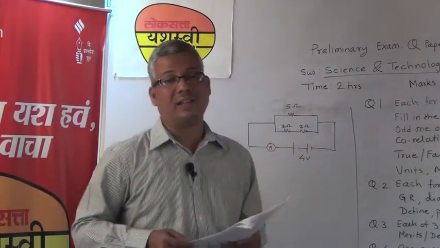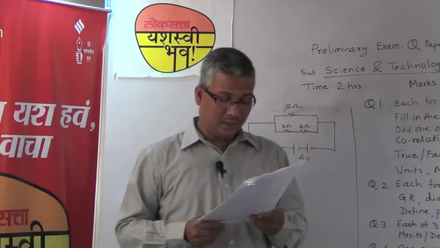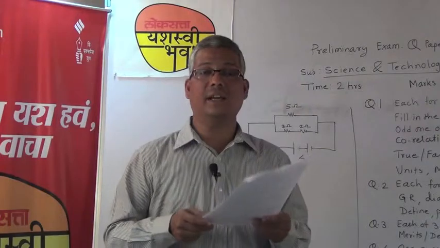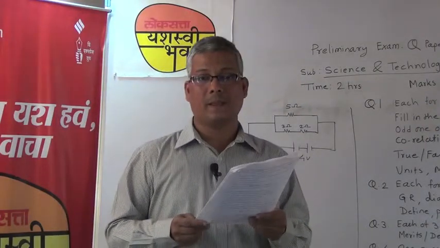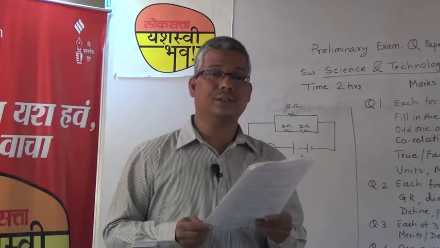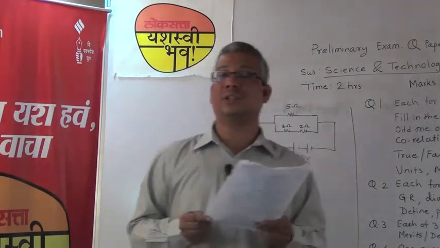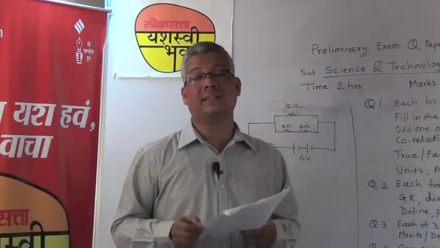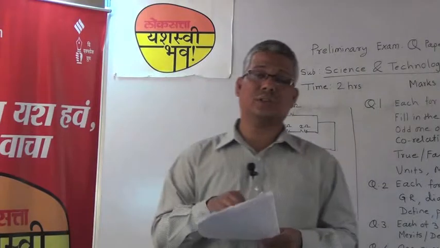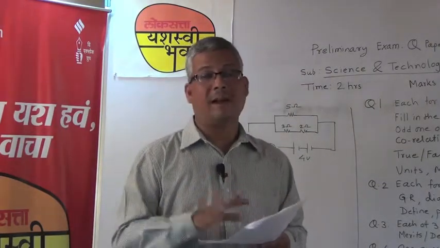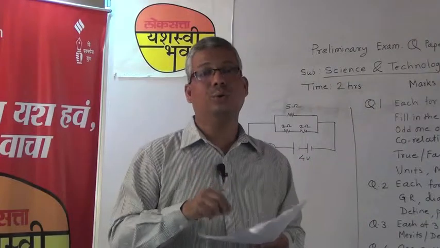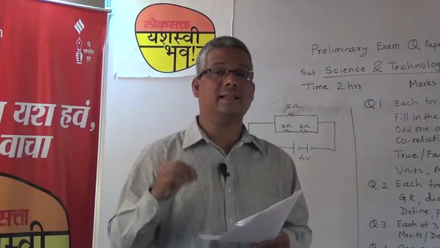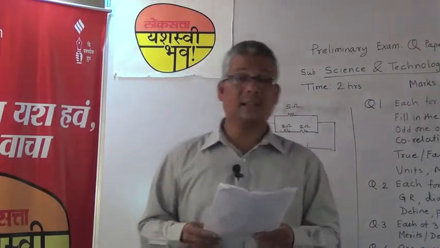Now dealing with match the column. In match the column, there are 3 different questions in section A: refractive index, power of lens and rust. The first 2 are related to units. You should know that refractive index does not have a unit, while power of lens has the unit diopter. They may ask such a match the column for units, so you should know the different physical quantities in your textbook and their SI and CGS units.